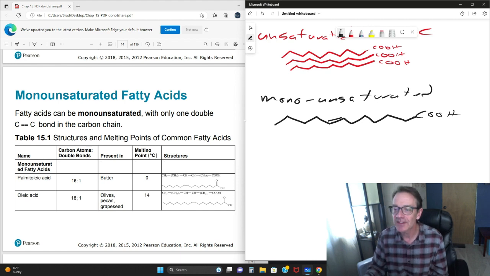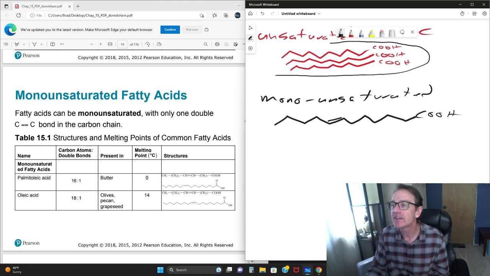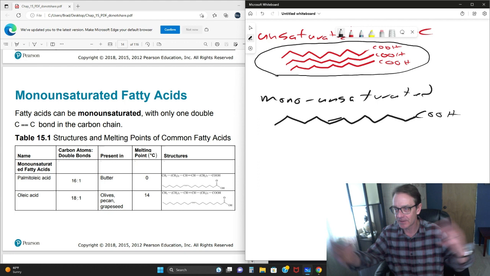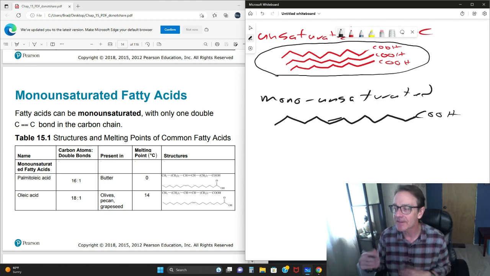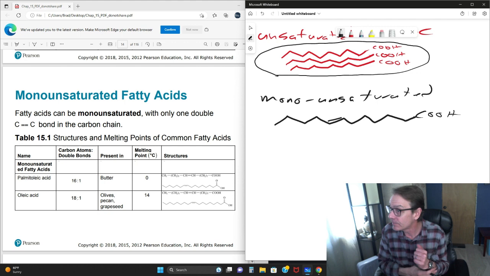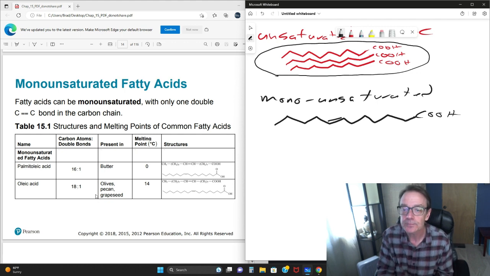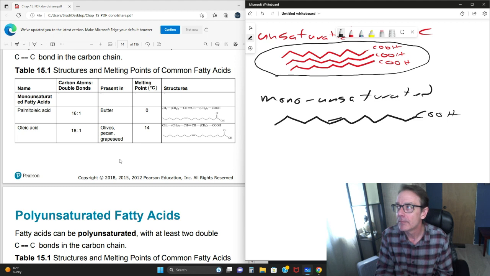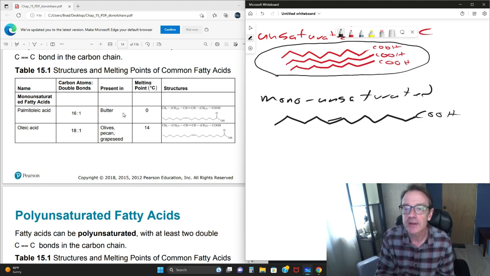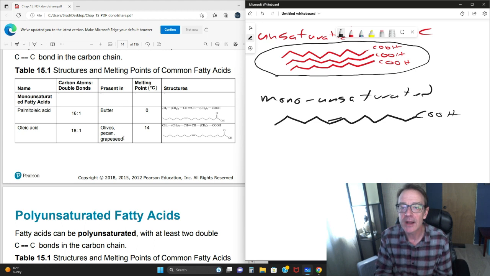Okay? That causes a kink in that chain, so they no longer stack on top of one another like we did with the saturated. So now that you have a kink, they don't stack, they don't stick together, and they are much more fluid at room temperature, essentially. So it's found somewhat in butter, but in olive oil, monounsaturated olive oil, it's liquid and doesn't tend to stick